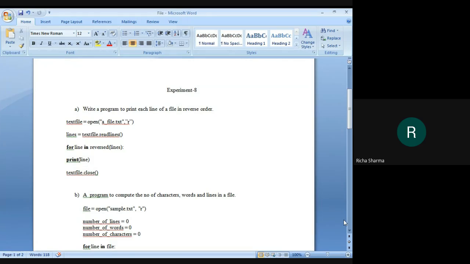So what will happen? It is used to reverse the content of the list. It is a predefined function, reversed, and in brackets we pass a list. So what will the reversed function do? It reverses the lines available in the list. So all the lines will get reversed using the reversed function.